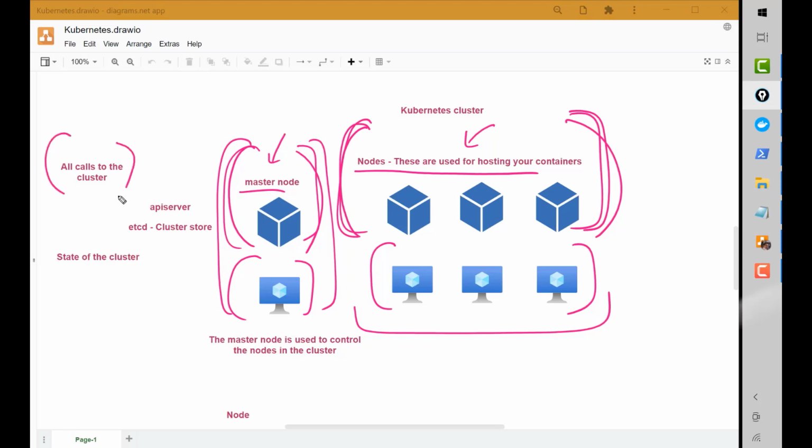All of the calls onto the cluster go to the master node. So let's say you're submitting an application to be deployed as containers. That call is made onto the master node. The master node will then redirect the request onto the nodes in the cluster. There are many parts of the master node. There is the API server, and I said all of the calls onto the cluster go to the API server. You also have etcd, which is the cluster store used to store the